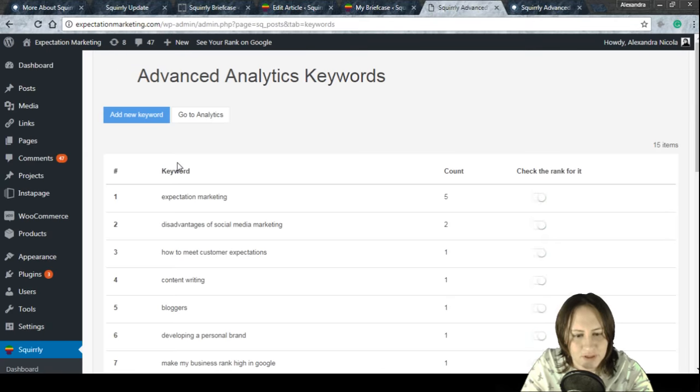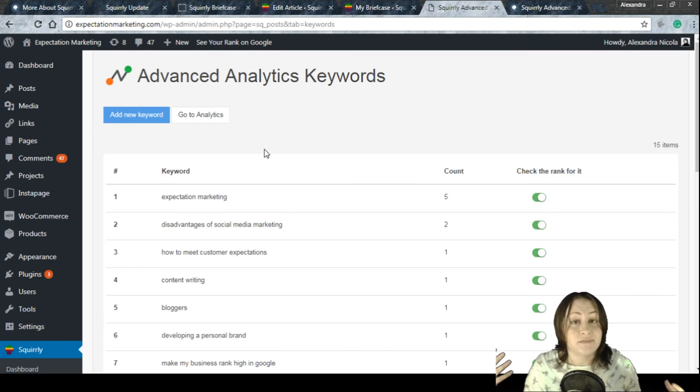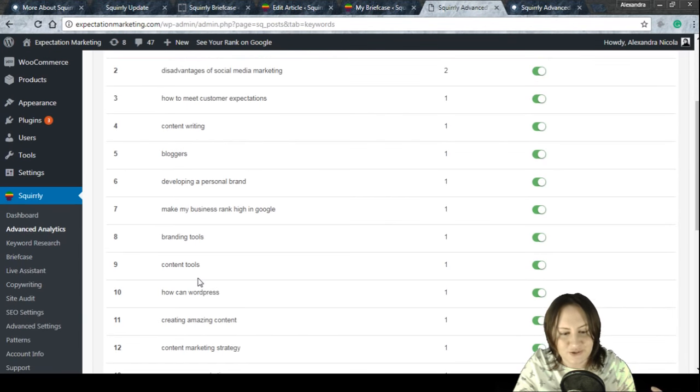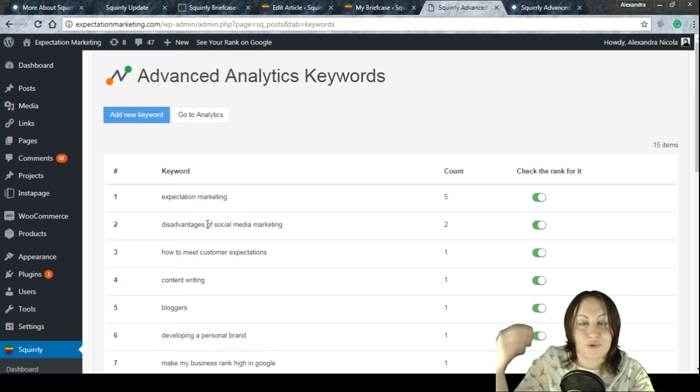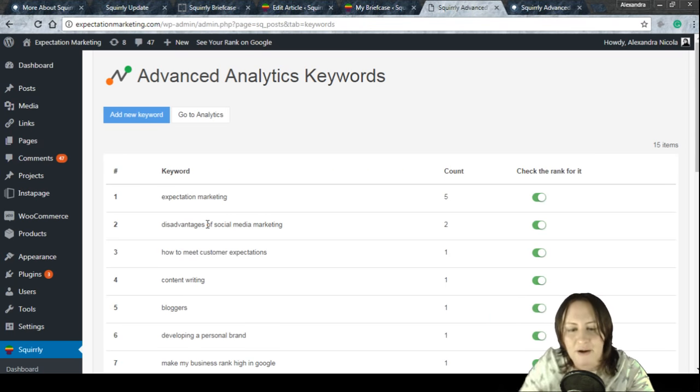Now I've been using Squirrly on this site for some time, and because I've used it and I've optimized the articles for specific keywords, it already knows the keywords that it can search for, so it has them here, see? These are keywords that I've used to optimize the articles within the site. And that's really great because you don't have to put in the work. You don't have to take all the keywords out of your site and then upload them to a different tool that you're using, for example, for knowing your ranking. And